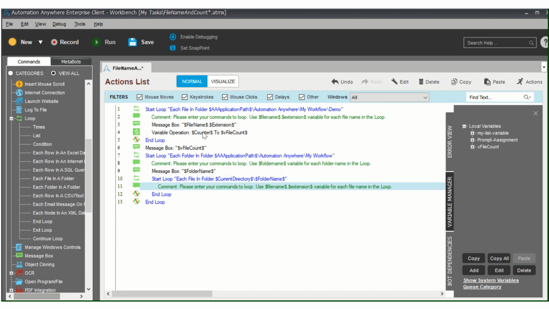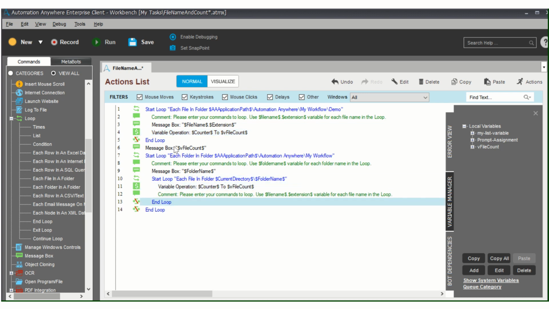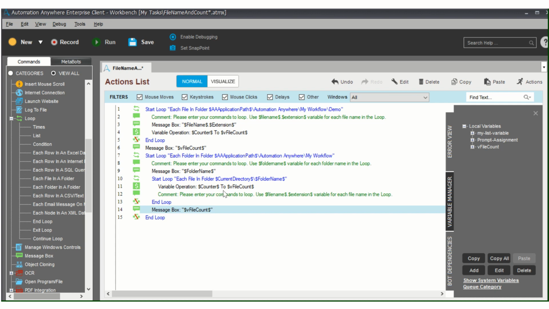So now let's assign this variable. I'm just copy pasting from here to here, and this file count message box, I have to print it here. So I am assigning this file count variable with the counter value. So let's see what will happen in these lines.